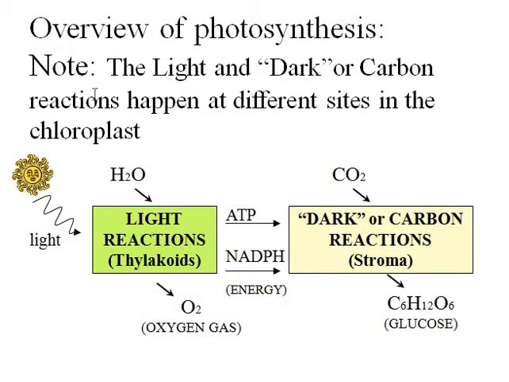Now in this slide we will discuss the overview of photosynthesis. Photosynthesis has two phases. One is the light phase, another one is the dark phase. Now here we will learn an interesting topic. We all call the second phase of photosynthesis the dark phase, so there is a misconception that this phase happens in the dark, but that is not true. The real fact is that this process doesn't require light.